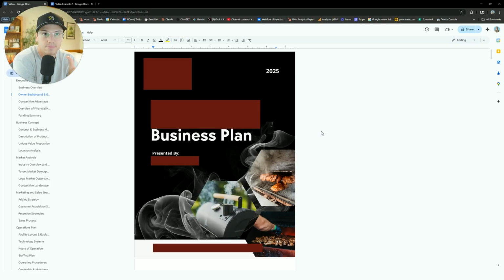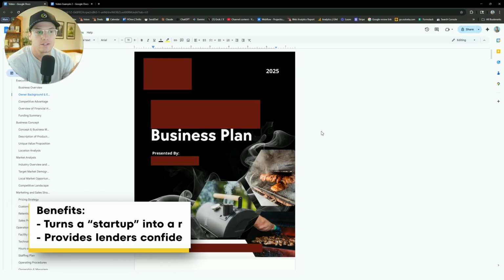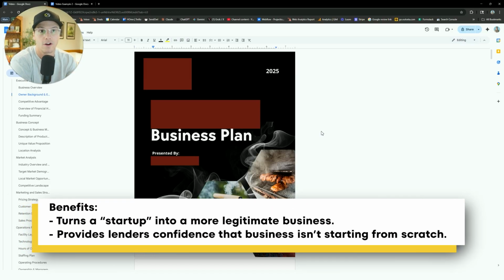And if you have income data, great. That's not really as important. What's more important is that you can demonstrate you know how to find customers, you know how to perform the service that you would like to turn your business into, and you might have some data around that. So that is a very attractive thing for a lender because it turns what was a startup into something that might not truly be a startup. It might be more like you're just legitimizing the business, adding some cash to it, and then you're catalyzing growth.